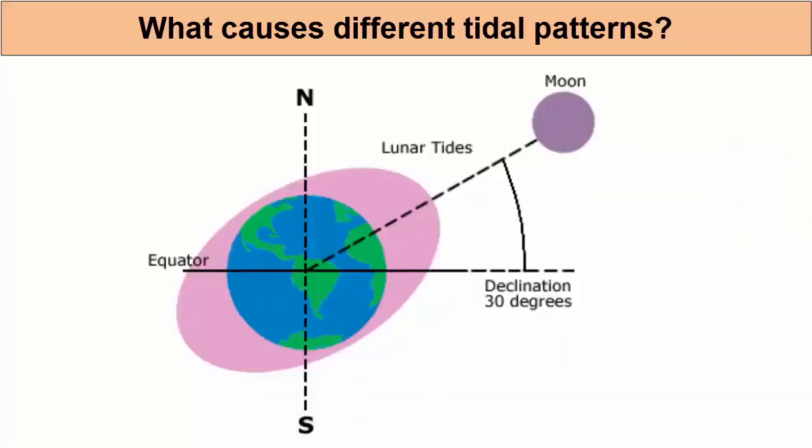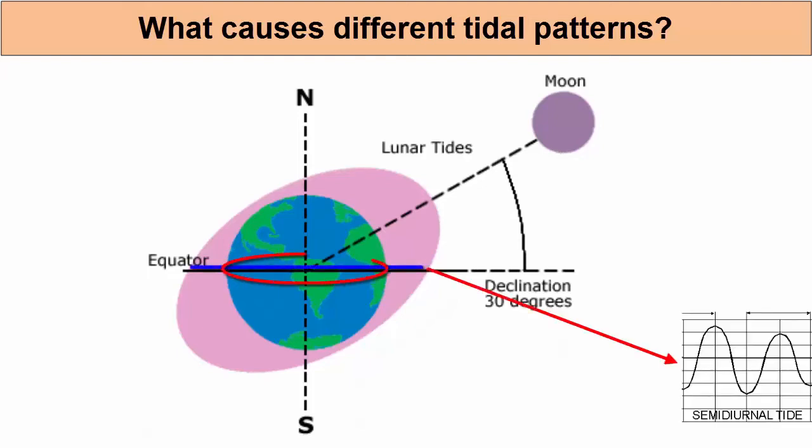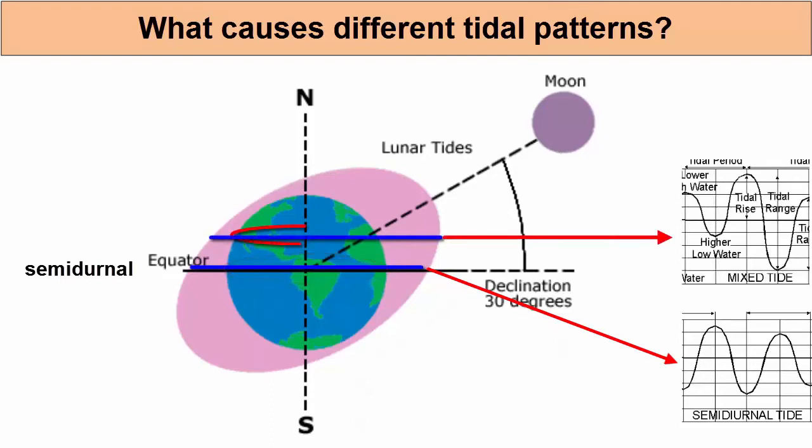How do we use the tidal bulge model to explain the variety of tidal patterns we find across the globe? This picture reminds us that while the Earth is orbiting the Sun and rotating through the lunar bulges, it is tilted at a 23.5-degree angle. So if we are at the equator, we will rotate through 2 bulges of roughly the same water level and experience semi-diurnal tides. If we are at the mid-latitudes, however, we will move through the 2 bulges, but different parts